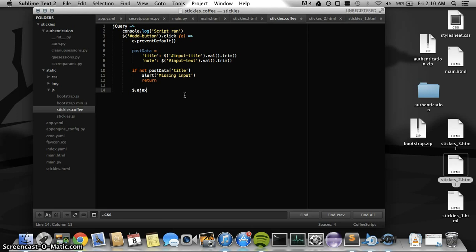So over here, we're going to make an Ajax call, and this URL we're going to use is stickies, and the type is going to be post. I have to actually enter that in string. The data, now here in the data, what's typically entered is